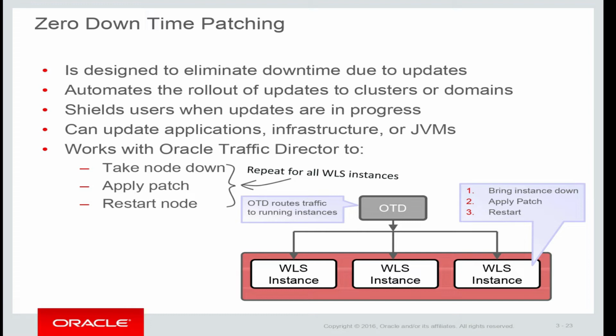But just take the example of a production scenario where your production web application is running 24 by 7 and you cannot stop it, meaning you don't have downtime. So what will you do? You will use zero downtime patching. It is similar to OPatch because it uses OPatch behind the scenes, but it uses it